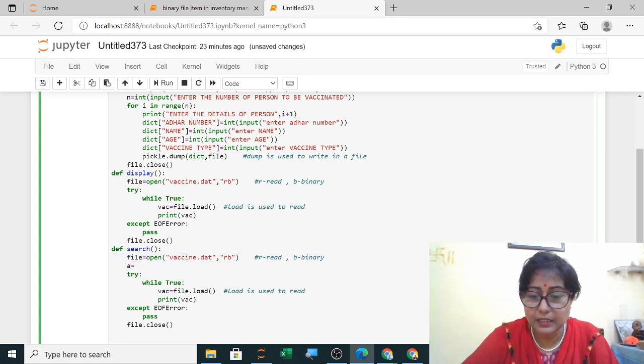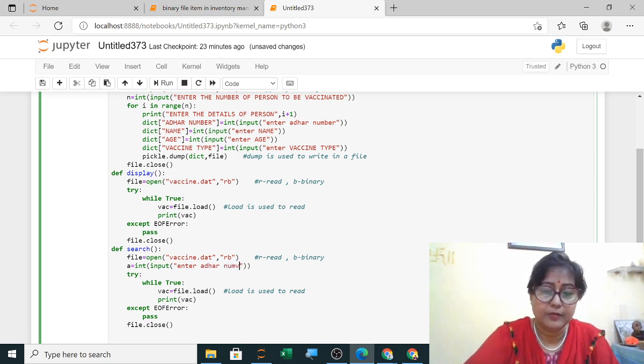Then I am asking the user, int input, enter Aadhaar number which is to be searched. Aadhaar number to be searched.